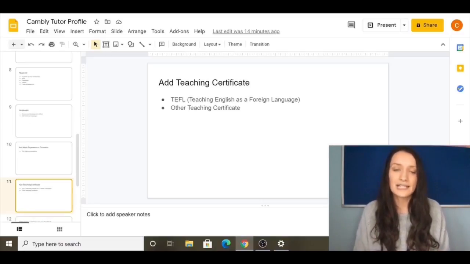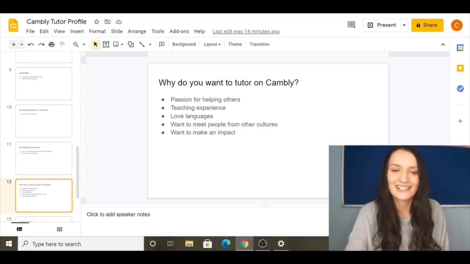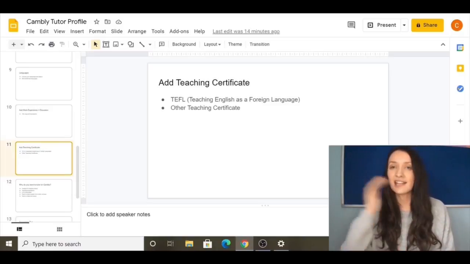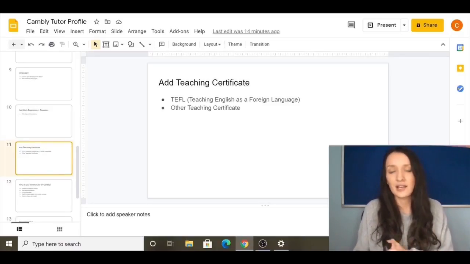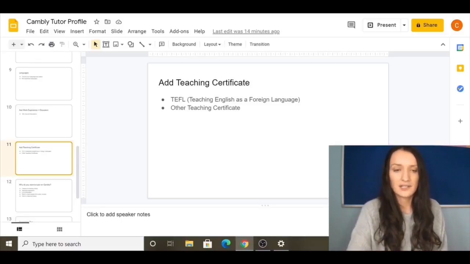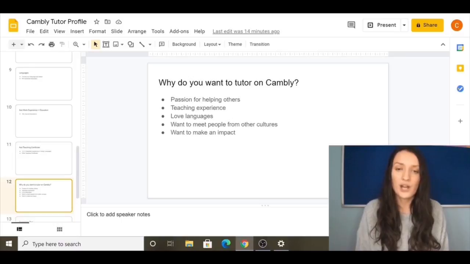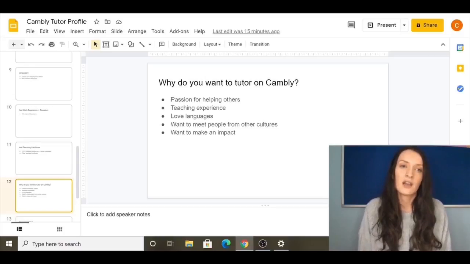And then the last part, not the last part, I don't know if it's the last. Yeah, it is actually, it's like the end of your tutor profile. You add your teaching certificate, whatever that is. I have a TEFL. I don't know, you could probably add some other teaching certificates there. And then why do you want to tutor on Cambly? This is not disclosed to students. It's for Cambly's reference. What I would say here is that a lot of people who are on Cambly